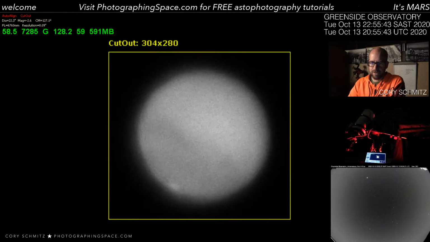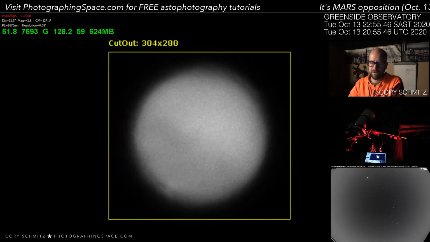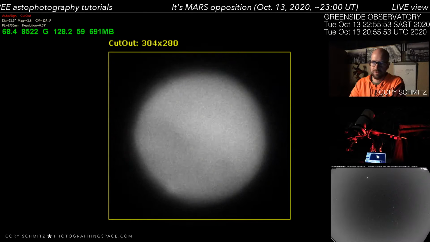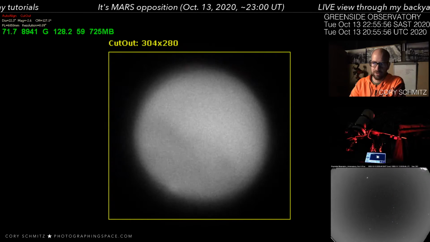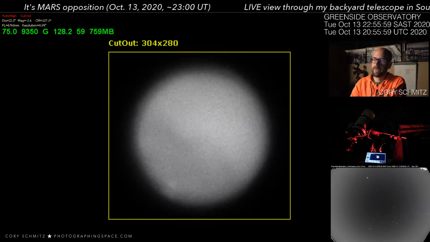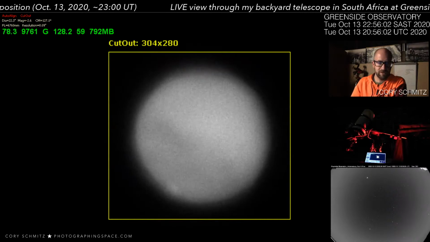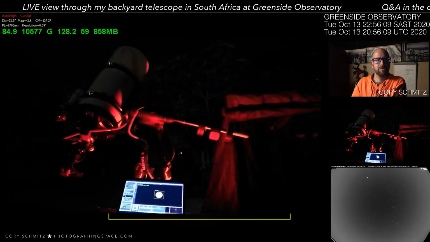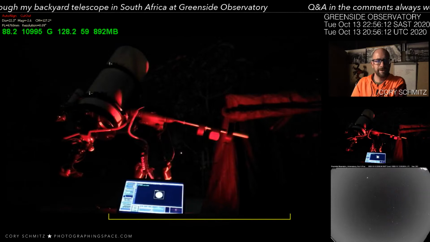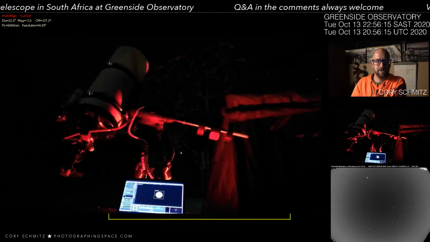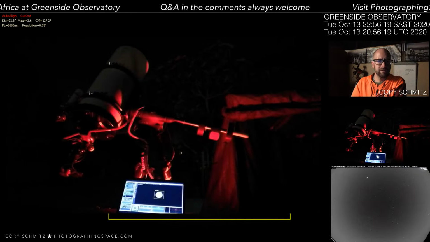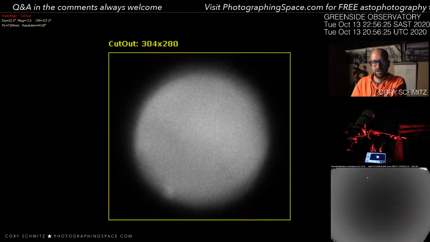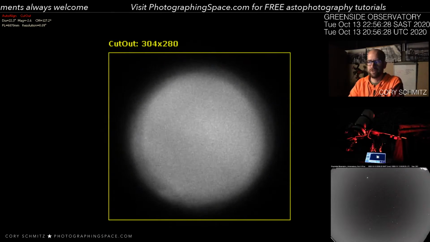Simon asks, are you using FireCapture to maintain the telescope position or something else like PHD? No, I am using just polar alignment. The telescope is pretty well polar aligned, as well as it can be, because my telescope mount is pretty big. So I can show that, this is the telescope now. It's a pretty big telescope on that mount, and it's polar aligned, so it's automatically moving nicely with the night sky. And in order to keep the planet nice and centered in the center of the screen so it doesn't move too much,